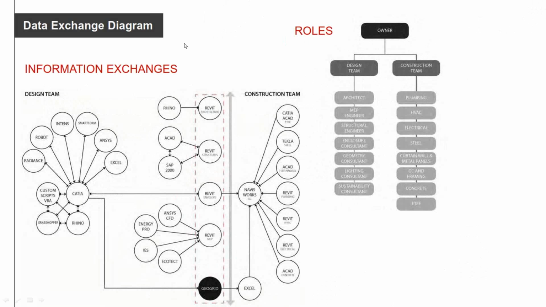But on the left, you can see a diagram of an actual project and how the parties actually communicate with each other during design and construction. So you see the design team and the construction team, and then all of these different arrows and different lines indicating the ways that they are interfacing. And I use this to illustrate the fact that, no surprise to any of us, design and construction has become very complex, and the way that we are talking about our work is also very complex.